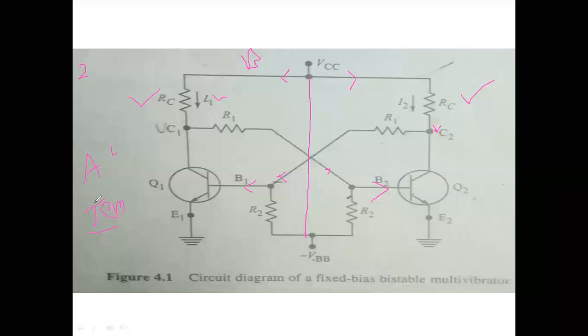Therefore, due to the temperature change, the circuit is operating. When we operate in our lab and switch on, when you apply VCC, both transistors start in the active zone. But in order to act as a bistable multivibrator, it should not operate with both in active. One should be on and one should be off.